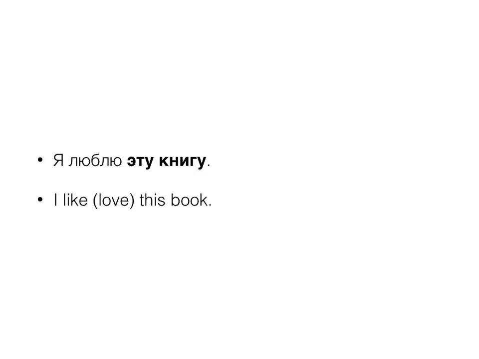Я люблю эту книгу, I like or love this book, depending on how you want to translate it, where here the person who likes the book is the subject of the sentence, and the book, the thing that is liked, is the direct object of the sentence. That makes sense. This is what we expect.